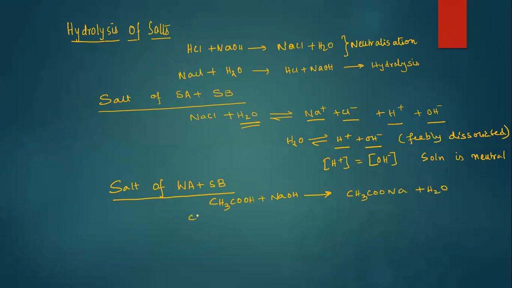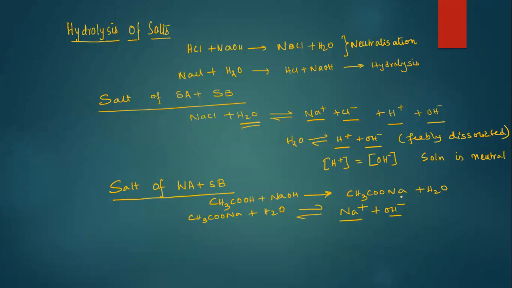When you put the CH3COONa in H2O, what happens? Suppose it reacts in the opposite direction, giving CH3COOH and NaOH. NaOH is a very good base. It doesn't want to remain as NaOH. It wants to give away the OH minus. So NaOH dissociates completely, and there are a lot of Na plus and OH minus in the solution.